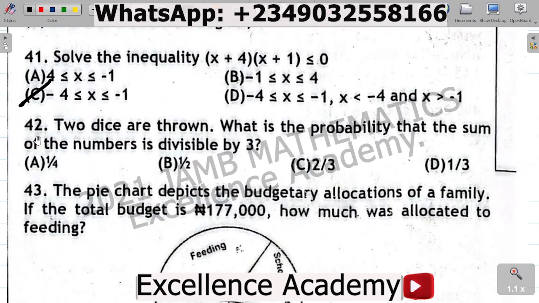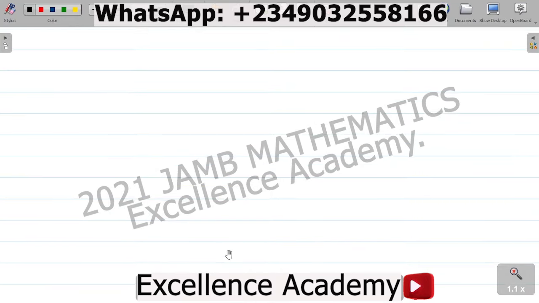All right, question 42. 42 says, two dice are thrown. What is the probability that the sum of the numbers is divisible by 3? A, 1 over 4, B, 1 over 2, C, 2 over 3, D, 1 over 3. So how do we solve this question? So for 42,